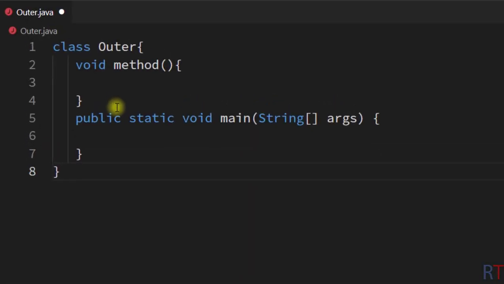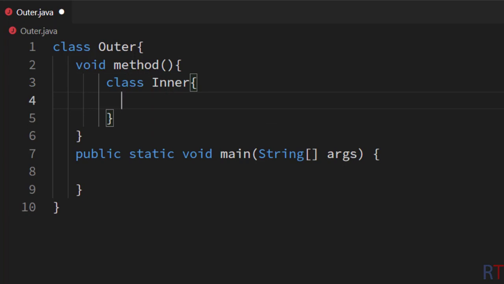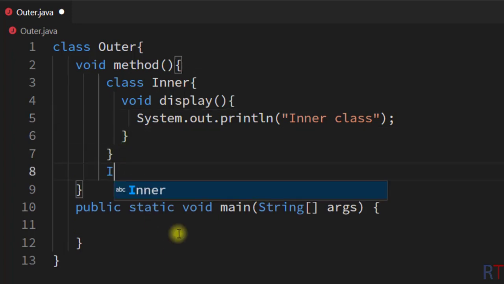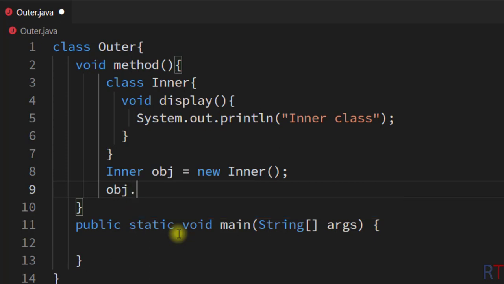So in this example program we have one class called outer, and inside the outer class we have one method, and inside that method we are going to create one method inner class. So we are going to write class inner, and inside that class we are going to have one method called display, and the method will print inner class onto the console. So now we are going to create one object of the inner class. So I'm gonna write inner obj equal new inner, and then we're gonna use that object and call the display